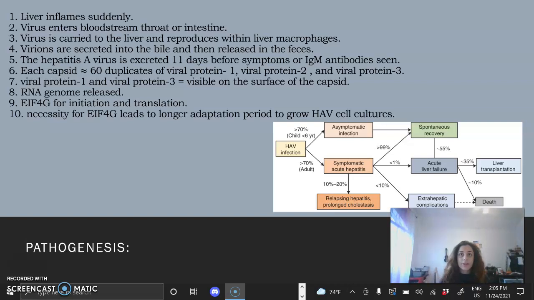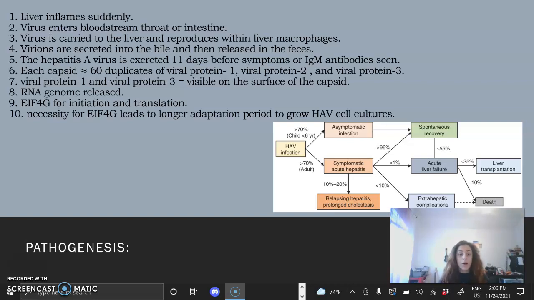And hepatitis A virus is excreted in large amounts for 11 days before symptoms are actually seen or before IgM antibodies are seen. So each capsid has around 60 duplicates of viral proteins 1, 2, and 3. Viral proteins 1 and 3 are visible on the surface of the capsid, and it basically gives its conformational immunodominant antigenic site. And inside the hepatocytes, the RNA genome is released from its protein coat, and it's translated